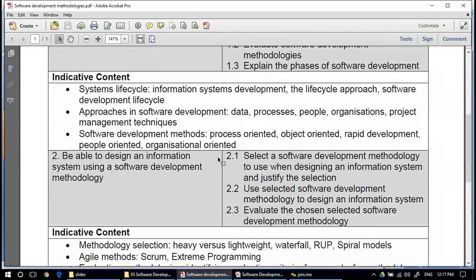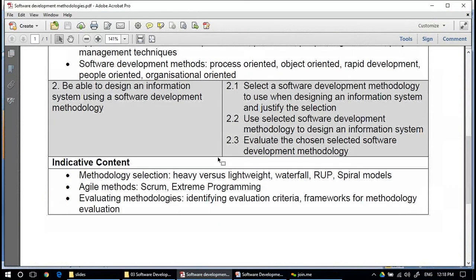So now select a software development methodology to use when designing an information system and justify the selection. So after reading those software development methodologies and according to the assignment, you will have to